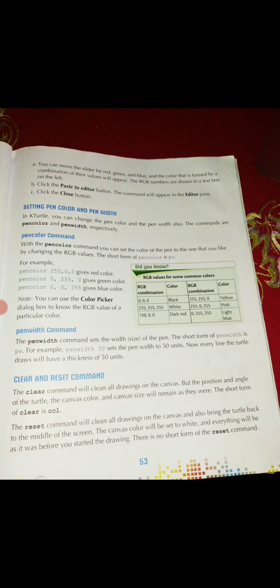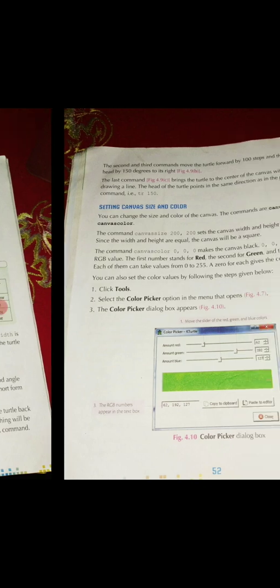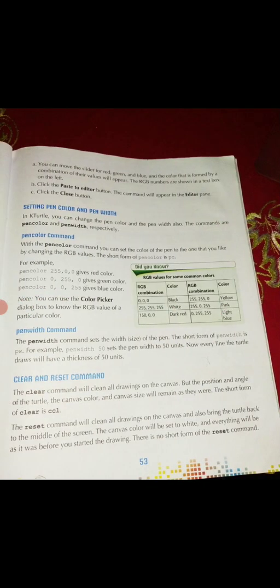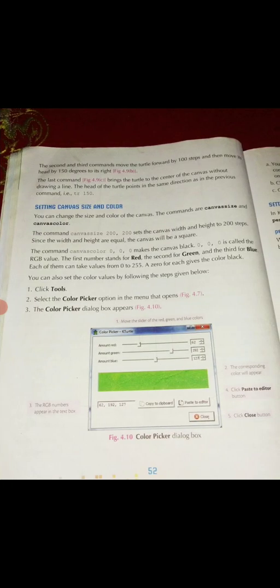Clear, students, up to this much? No doubt regarding this? So today, students, I have explained to you about the center command and how to set canvas size and canvas color. One thing you remember, canvas size.